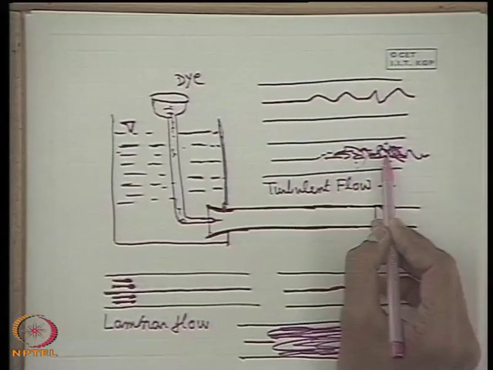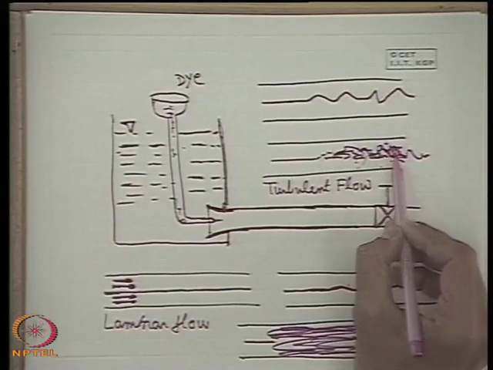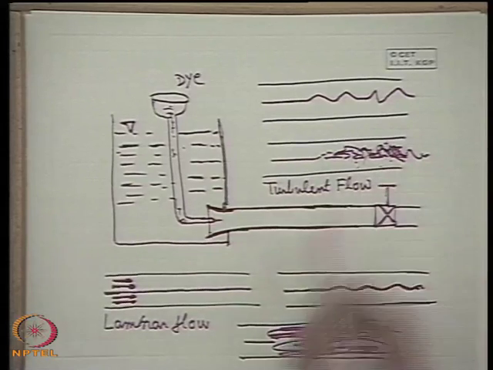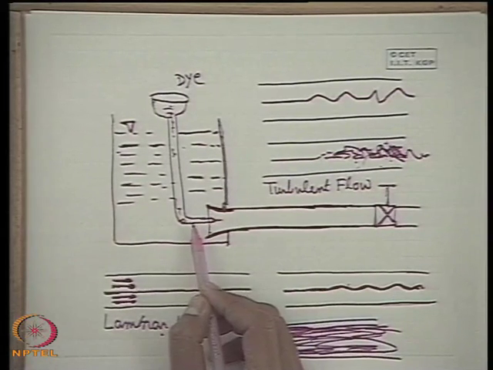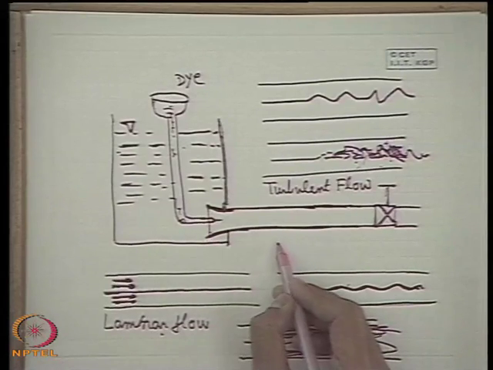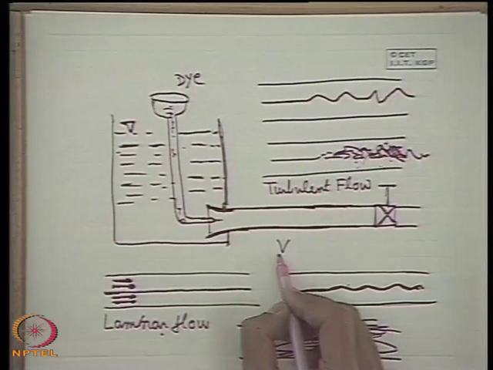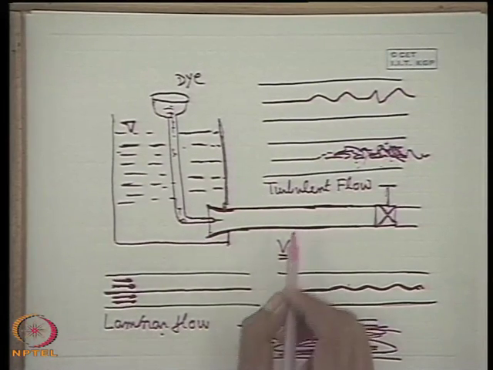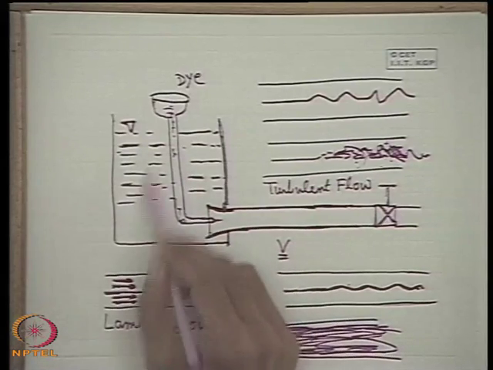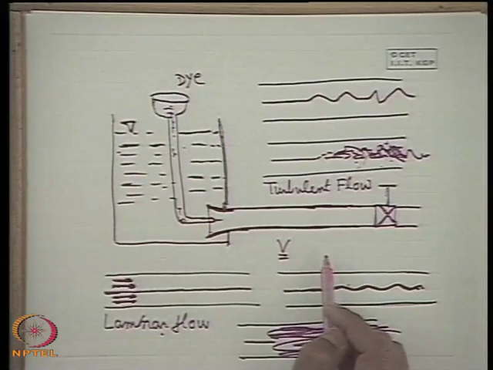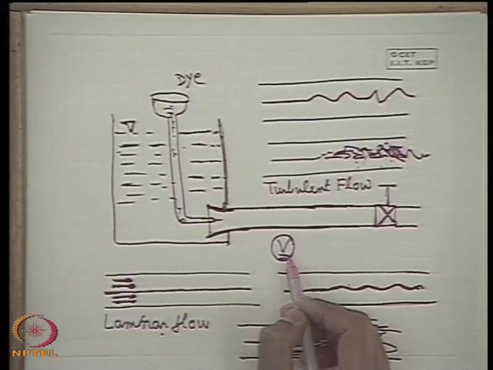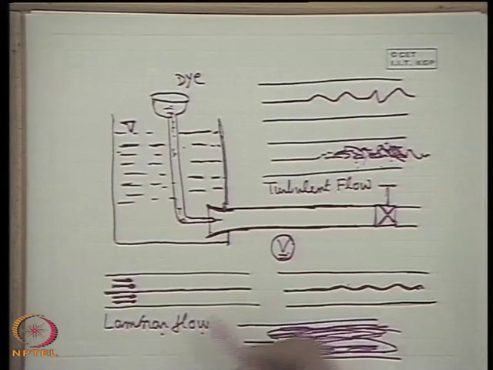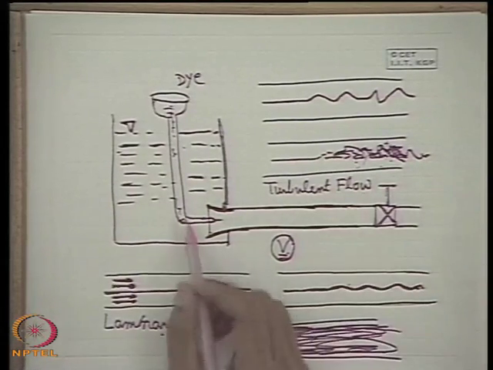That means though the bulk flow is in this direction, the fluid particles have a fluctuation in the transverse direction, which is absent in the case of laminar flow. Now he had the idea: is there a unique velocity, or a critical velocity, above which it happens? Then he did experiments with different fluids. Then he tried to find the value of the critical velocity over which the laminar flow changes to turbulent flow, and he found it varies from fluid to fluid.